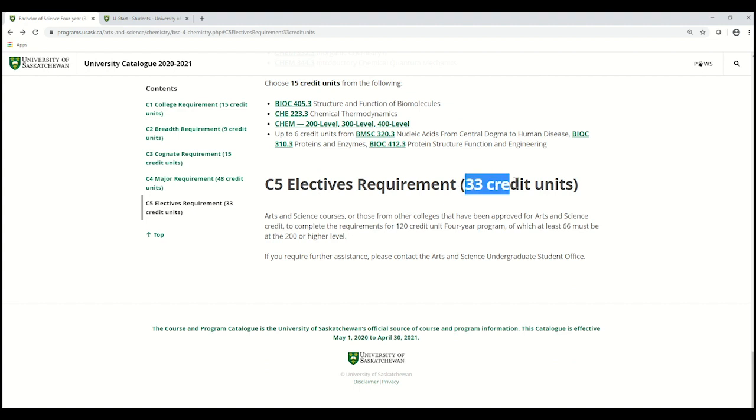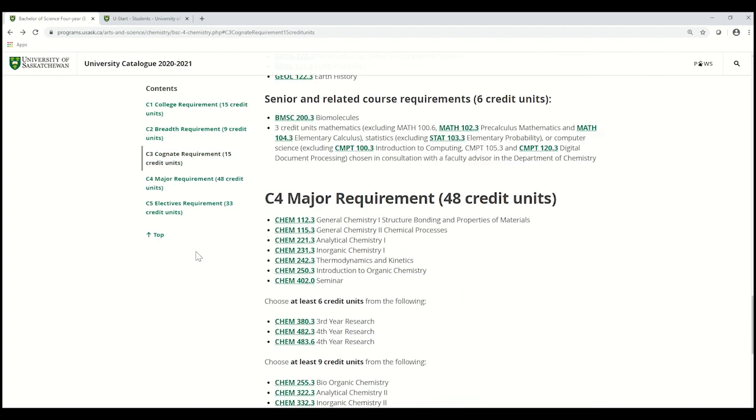Your elective requirements for this degree are 33 credit units of anything. So that means that you have lots of room to explore. You have lots of room to add a minor or a certificate. And it also means that it's pretty hard to make a mistake in your first year because no matter what classes you take, they're all going to work towards your degree. And that's the case for most degrees